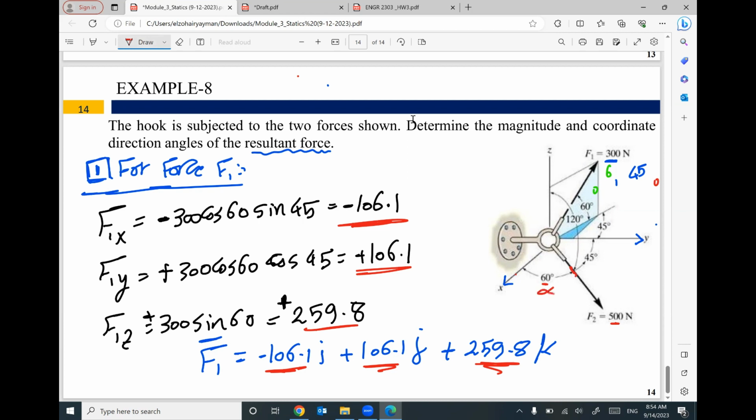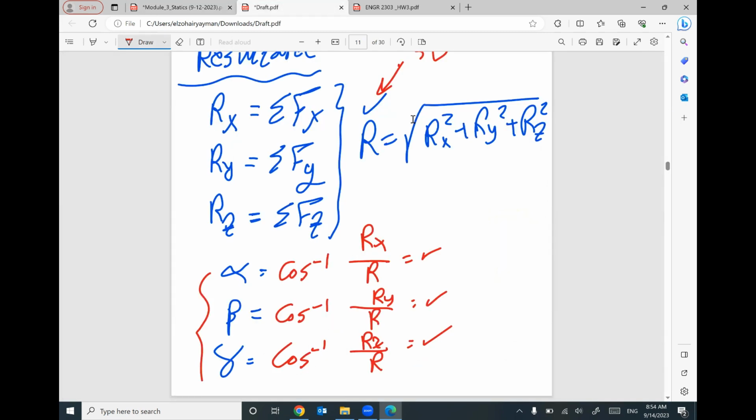So this is alpha. Another angle, 45 degrees, between the force and the y-axis. This is beta. And we are given another angle between the force and the z-axis, which is 120. So this is gamma. We are lucky because F2 is given with 3 angles ready for you: alpha, beta, gamma. So I will write here